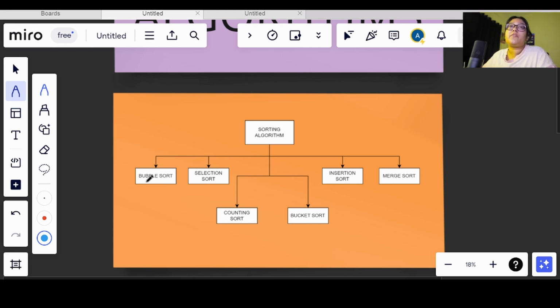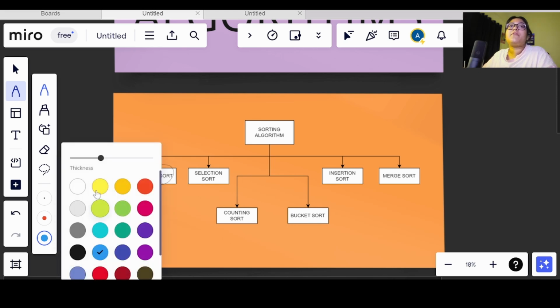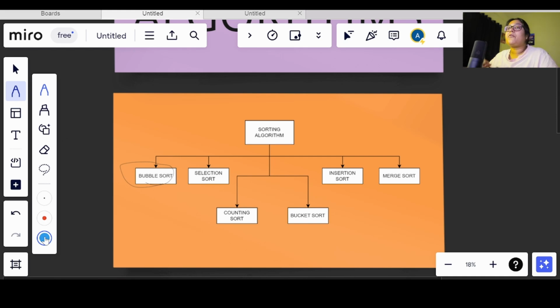In today's video we will be going through bubble sort, and we will see how bubble sort works, why it is called bubble sort, and what the code is, or we can say, the pattern of writing bubble sort code. So we will see everything about bubble sort. Then in the upcoming videos we will go through each of these sorting algorithms one by one. So now let's move on to what is bubble sort.